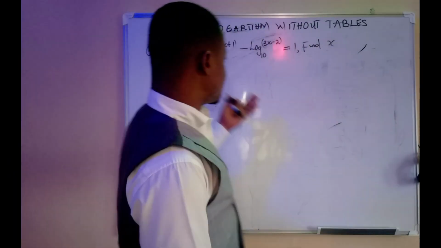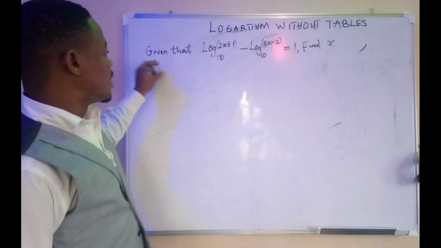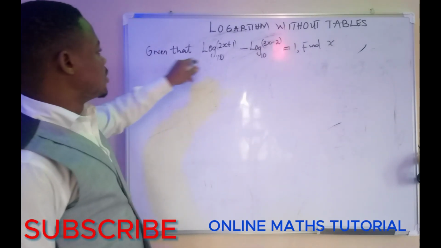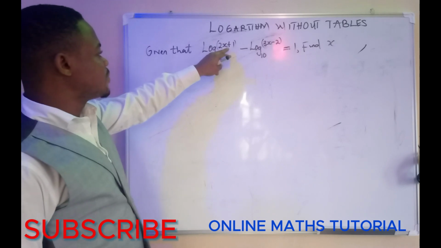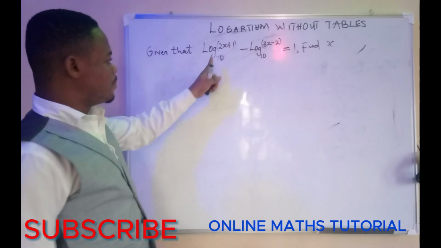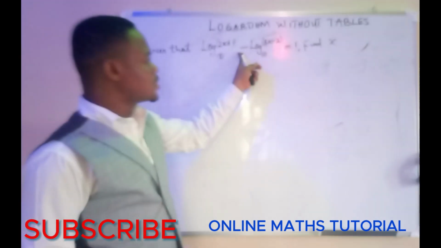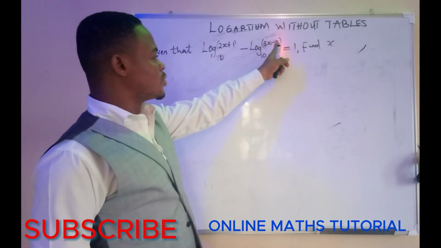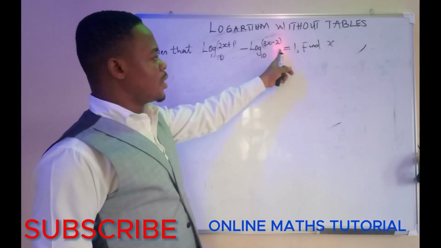Let's solve this problem on the board, which says that given that log (2x + 1) base 10 minus log (3x - 2) base 10 equals